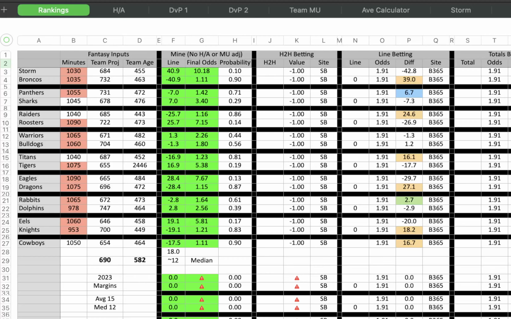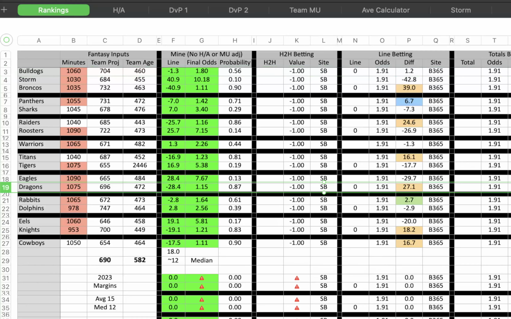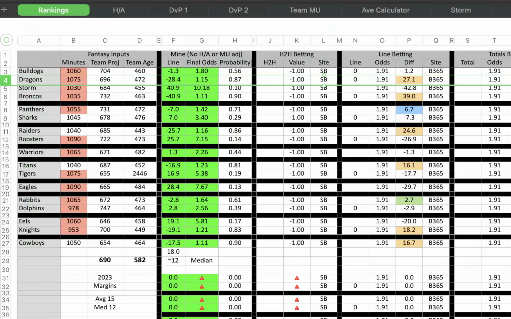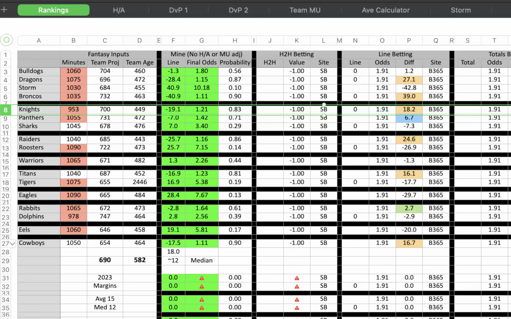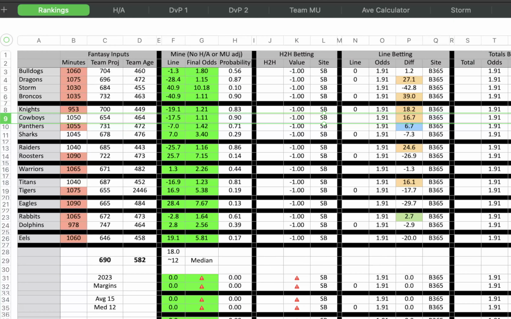Just to show you how that looks. So first week of NRL, we've got Bulldogs playing Dragons. Every week when the games are over, I just set this up for the next week. We've got Knights playing Cowboys. Don't know if they're the most exciting Vegas games, but at least they're somewhat evenly matched, hopefully, at the start of the season.